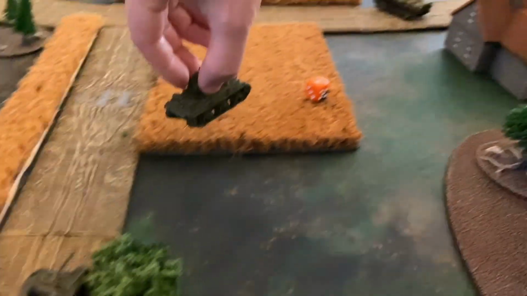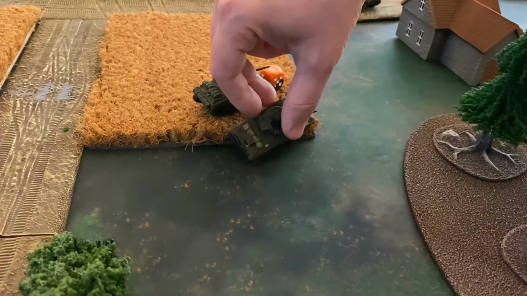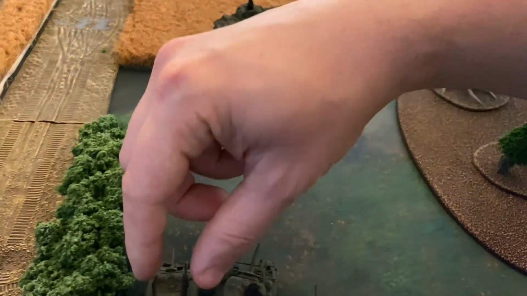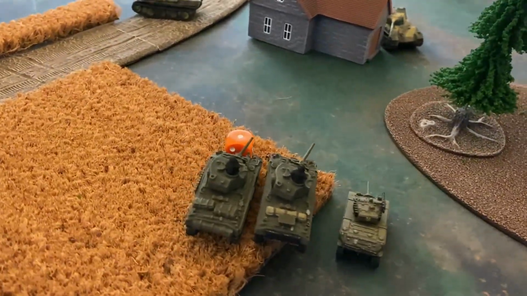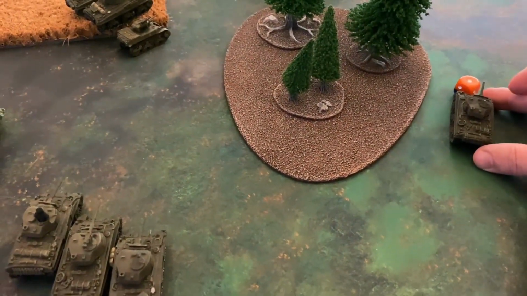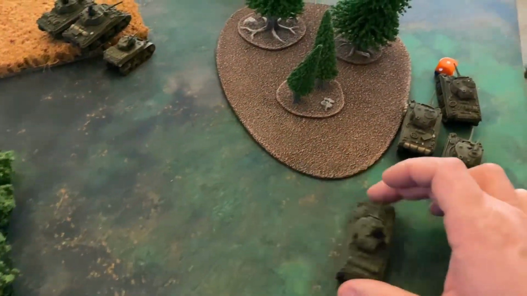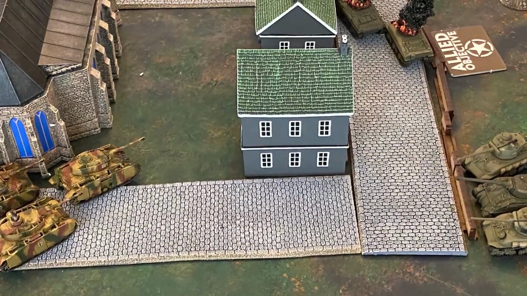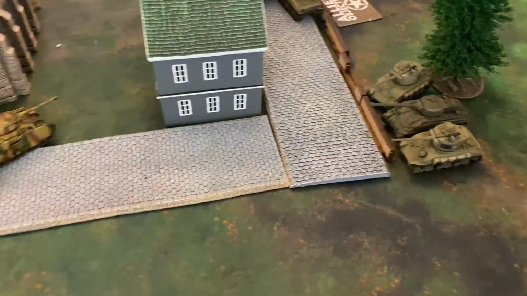And then the 75s, that first unit, they are going to make their way around and through this crop field, eyeing down that Panther tank that's beside the farmhouse. The other 75 unit is going to move as well at tactical speed, going behind the woods and bringing one tank into line of sight of the Panther. The rest of the Americans will stay put, and we're going to move into the shooting step where the Sherman